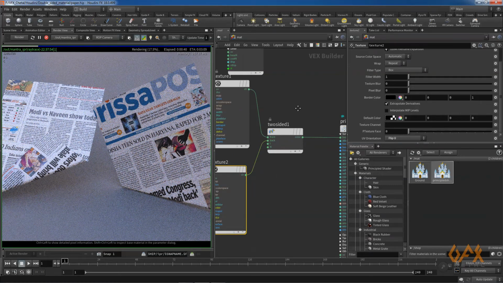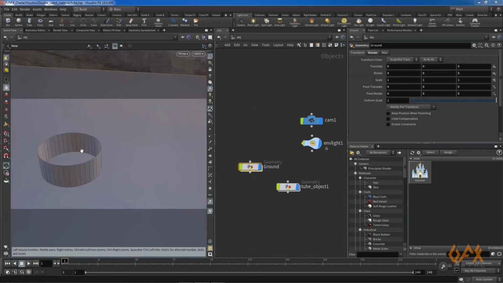Now the second condition is that you want to apply some different shader on both sides. So what are you going to do? For that I open one more example. So here I have one setup and I want to apply two materials on both sides.